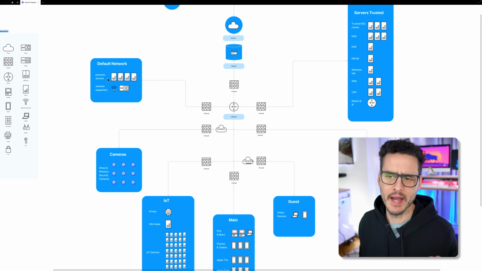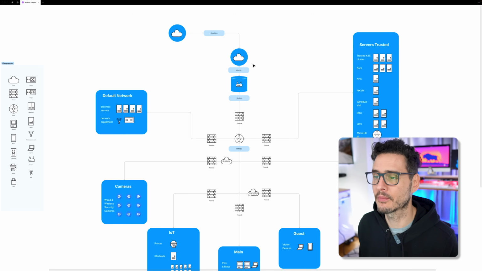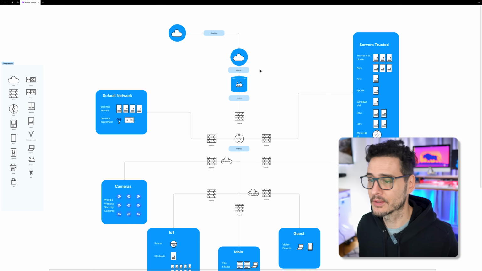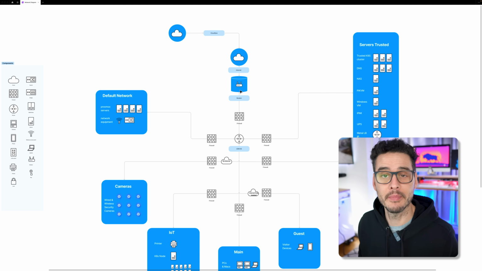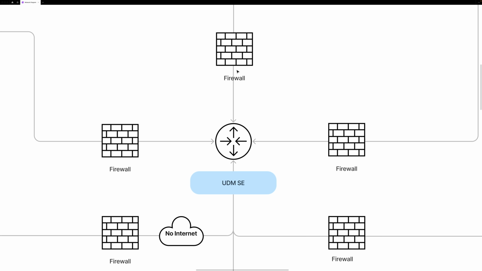This is why this video is a little bit late. But as you can see, I have the same VLANs that we had earlier, and then the devices that fall into this group. Now let's start with how things come into my network, and that's the internet. So I'm connected to the internet with my modem here, and then from here I firewall and have my UDM SE right here. So this is my UDM SE, my router per se, and I have VLANs and I have firewalls in between each VLAN.